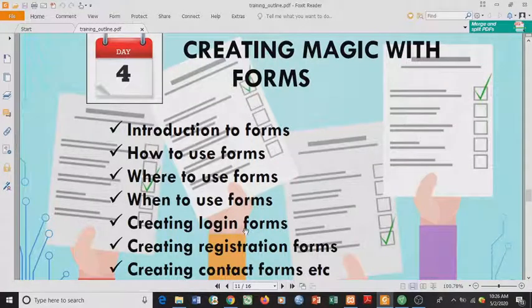Then where to use forms is very easy to answer. You use forms whenever you want to use them. You use forms when it is necessary, when it becomes important that you must use them. You don't just create a website and put a registration form when maybe it's just a blog that people come and read and go, and you want them to register. It probably may not work that way, except maybe you're trying to create a community of persons who have interest